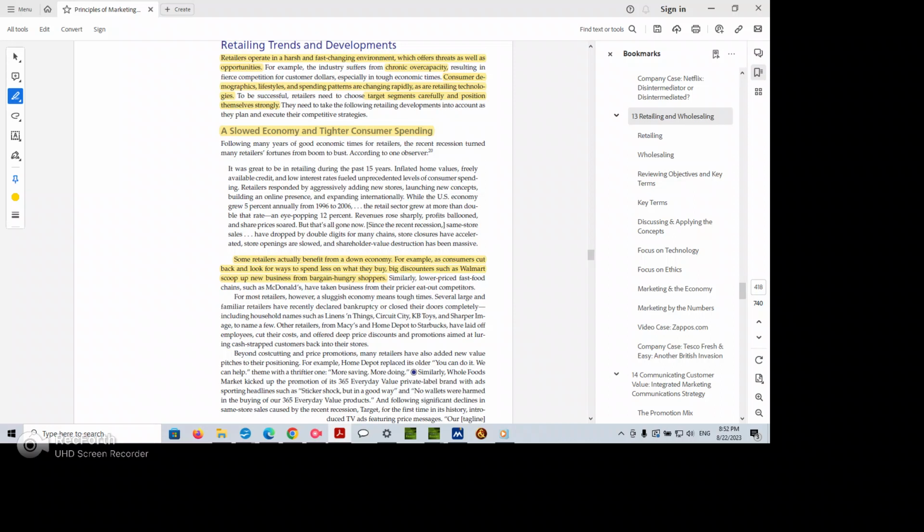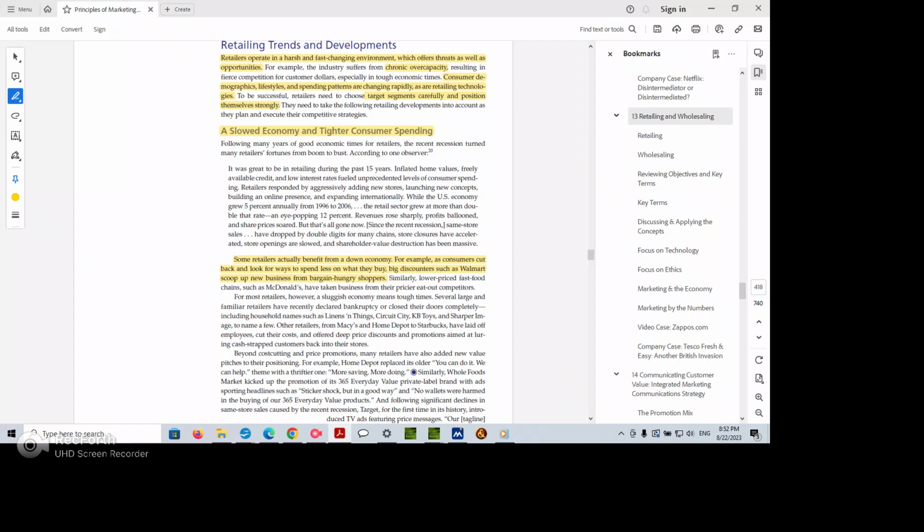Not everybody's in the same sort of niche. Even when we're talking about retailing, not everybody's in the same niche, because it depends on the type of retailing we're dealing with. It's kind of like if nobody can afford to buy, let's say, a $20 pizza, but they can buy a $10 pizza. The guy who's been selling the $10 pizza before now gets more business because more people want to buy the $10 pizza instead of the $20 pizza. Do you see what I'm saying? It's just like that.